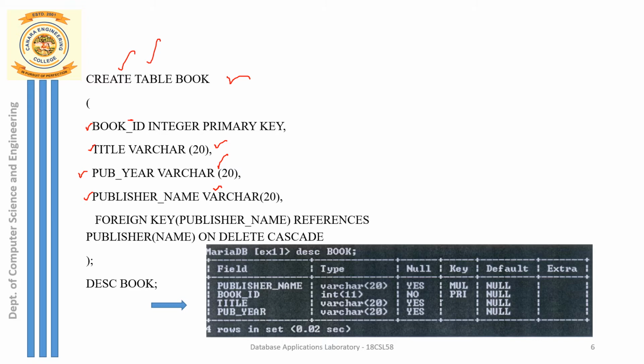And you can note one thing here: this publisher name we have already seen somewhere. I hope you have all seen in the previous slide the table creation of publisher, wherein publisher name was one of the attributes, and I hope you remember publisher name was the primary key in the table that we just created. So here publisher name has been derived from the table publisher, where the publisher name was the primary key. So in this book table, since I have derived the publisher name, I am going to consider it as a foreign key.